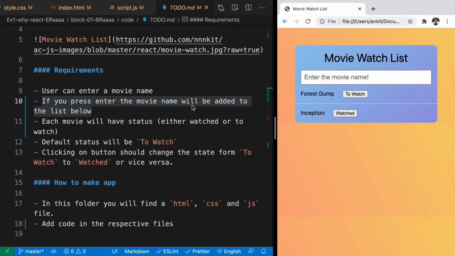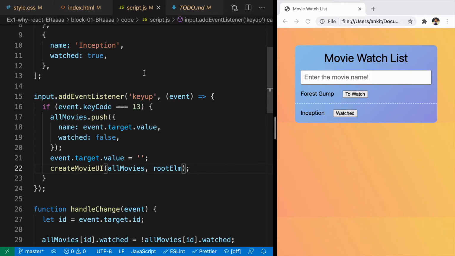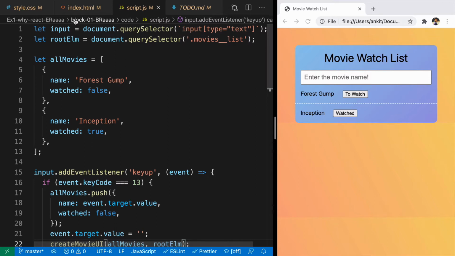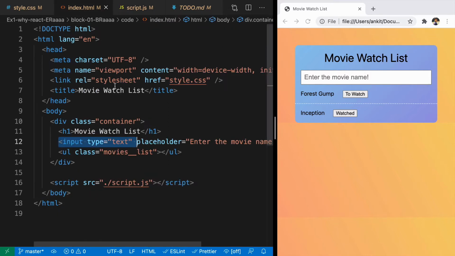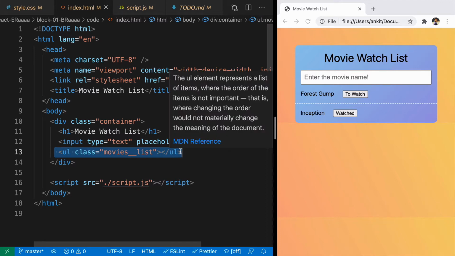So we have already created this kind of application earlier multiple times, right? So here in this video, I'm not going to start from scratch. I'm just going to walk you through what this application looks like. So here we have a div with class container. We have h1, an input to take input from the user, and ul to have the list of all the